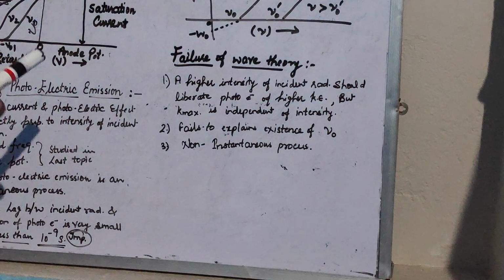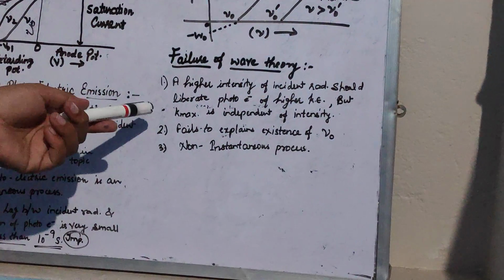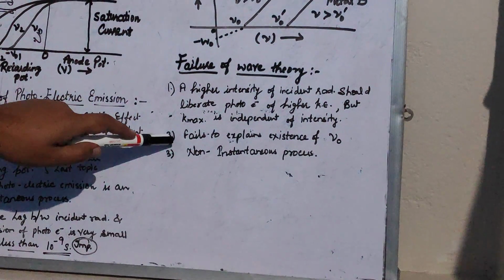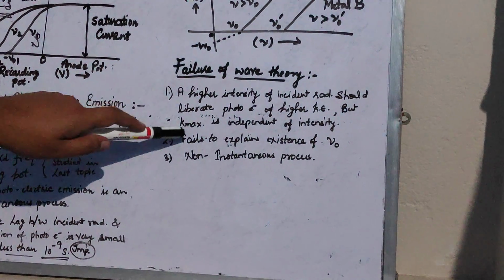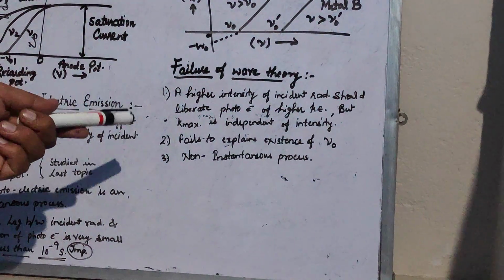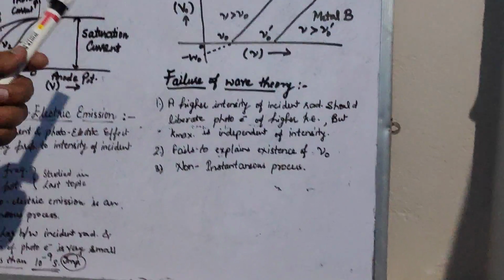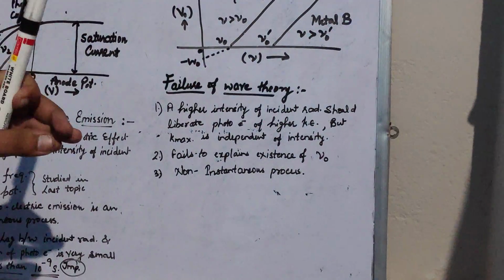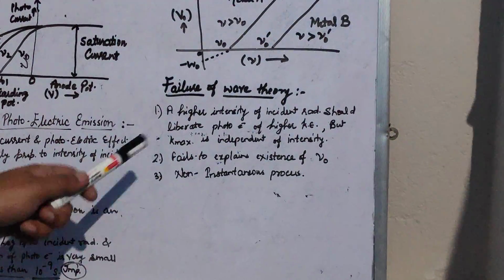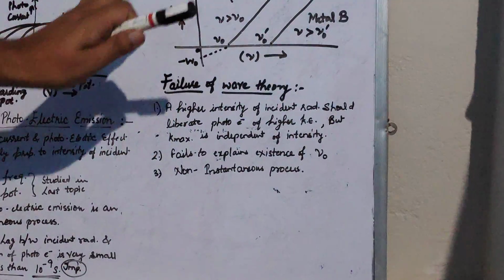It means according to this, there is no term regarding threshold frequency. No matter what the frequency of incident radiation is, a light wave of sufficient intensity should be able to eject the electron from the metal surface. But we have studied that threshold frequency is the minimum frequency required to eject the electron from the metal surface. According to the wave theory, if we have a sufficient amount of intensity, that can also eject the electron from the metal surface. So there is no term of nu naught; threshold frequency has no practical meaning.